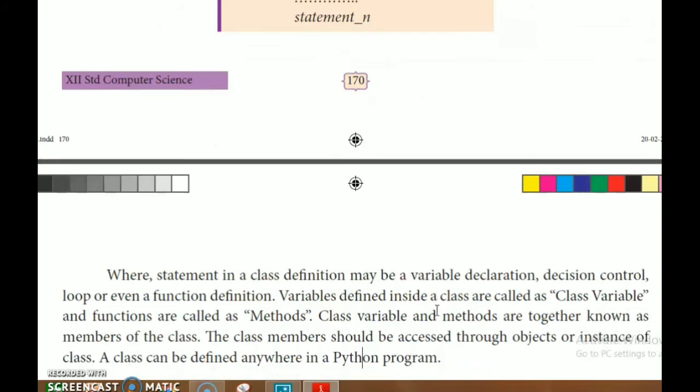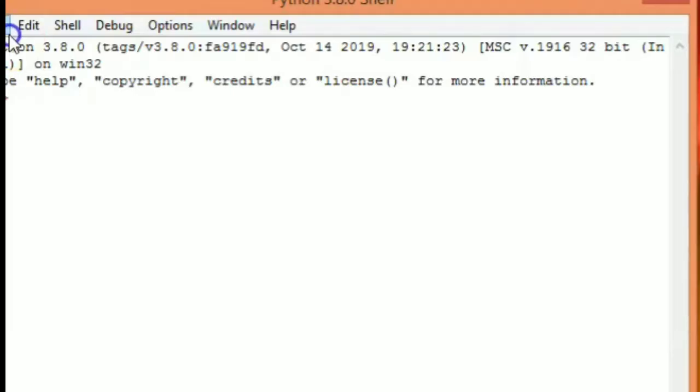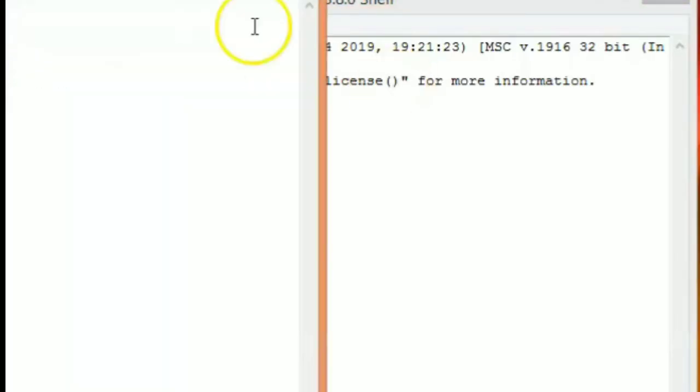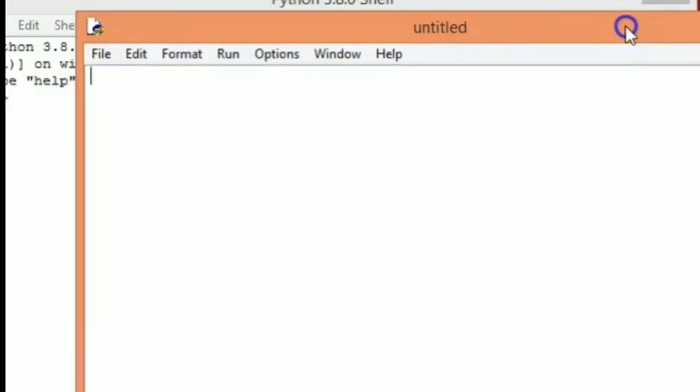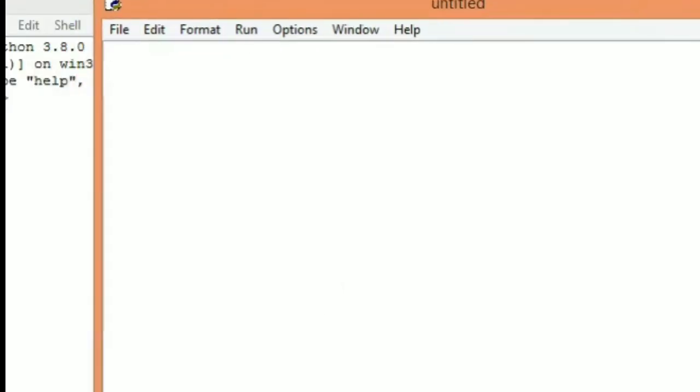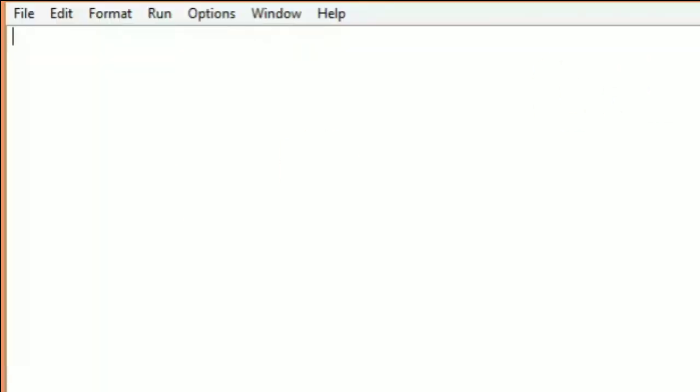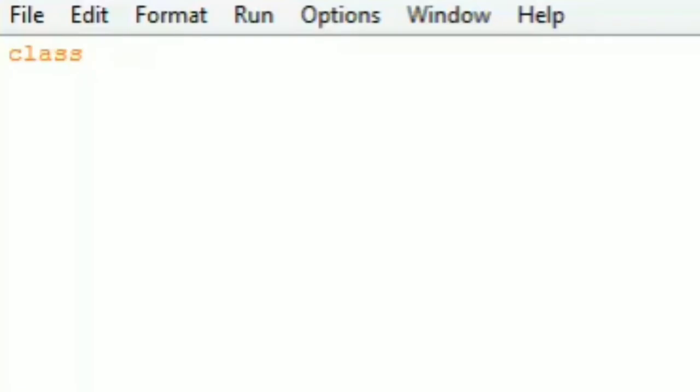To open Python, go to File, New, and script mode is opened. Now I will write classes in Python. First I will write the class keyword, then give a unique name, that is the class name Student, with a colon.